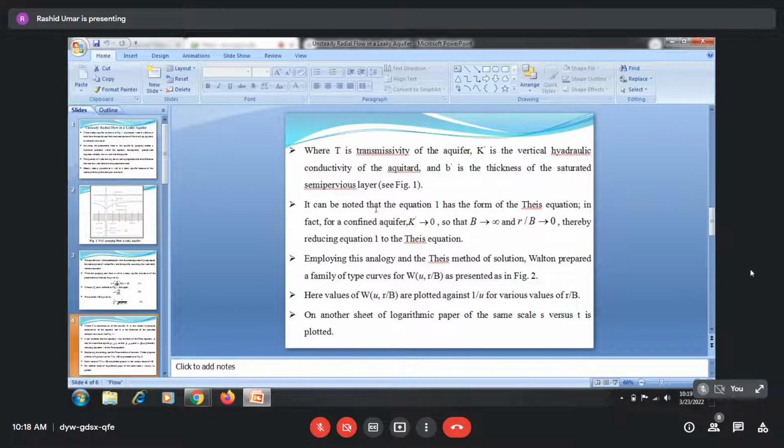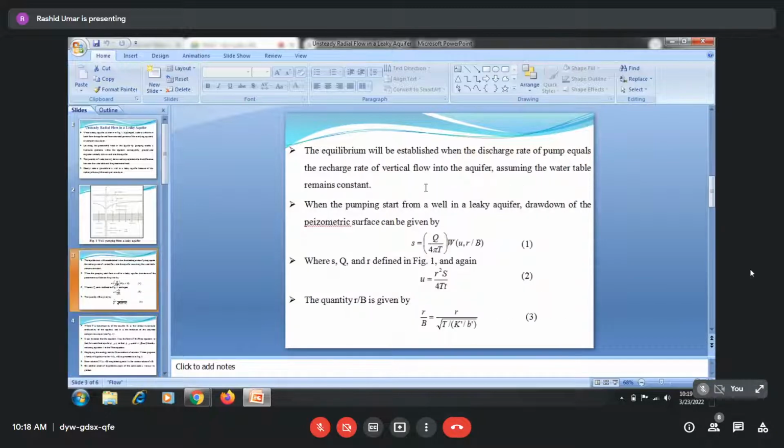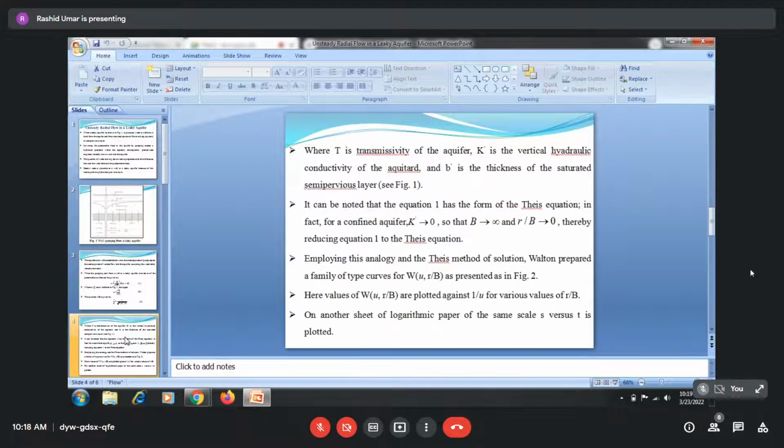In case of Thie's equation, it can be noted that equation 1 has the form of Thie's equation. What that means is that if I cover this R by B, then this equation will be very similar to Thie's method which he has developed. What is extra here is explained here: for confined aquifer, this K dash tends to